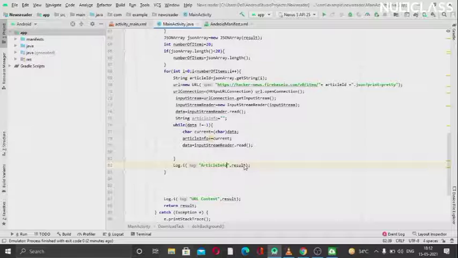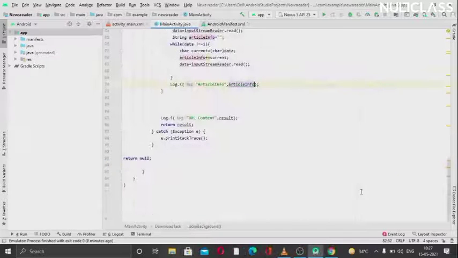Okay, so now we have written this article information here and we have logged that inside of logcat, so we should see the article information there.